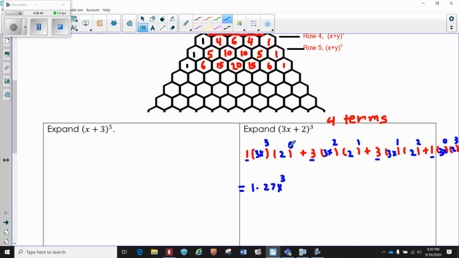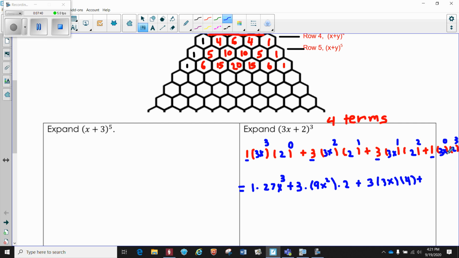Okay, anything to the power 0 is 1, so we don't have to write this. That's just 1 plus 3 here, and then 3 squared is 9, 9x squared, and then you have times 2 to the first power, so 9x squared here, and then times 2 to the first power is 2. Okay, plus you have 3 here, and then 3x to the first power is just 3x, and then you have times 2 squared. 2 squared is 4, so that's times 4, and then plus,